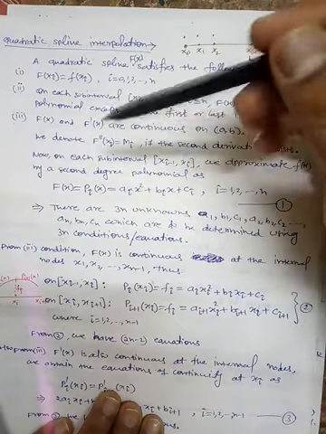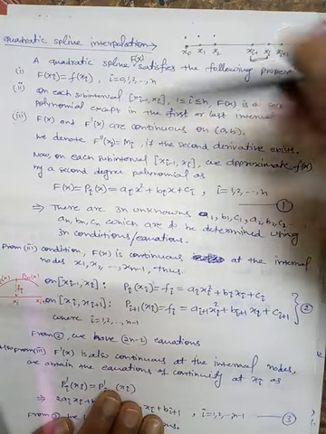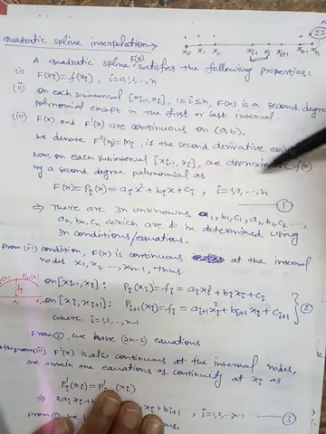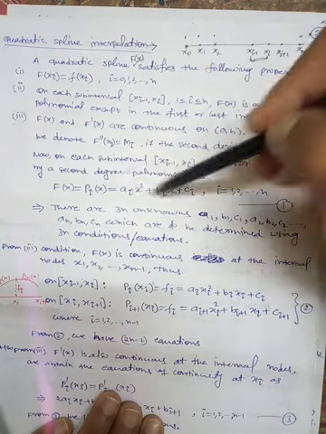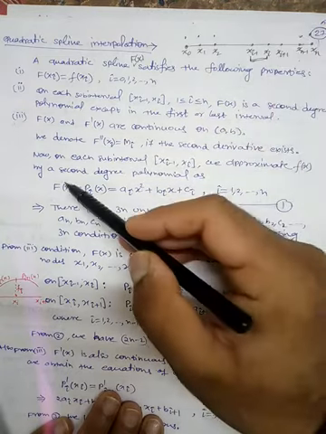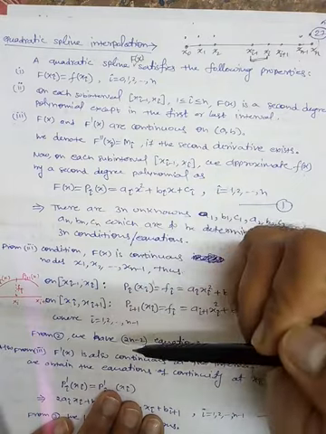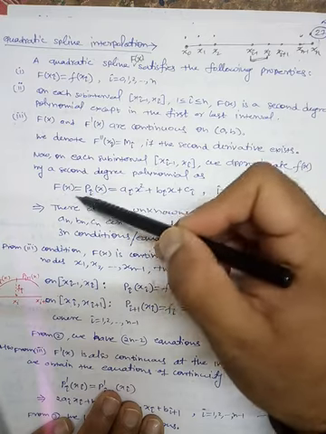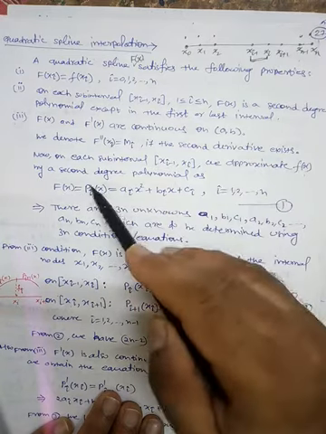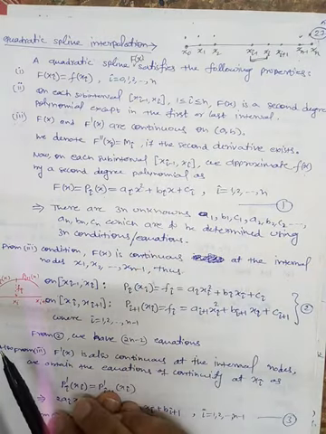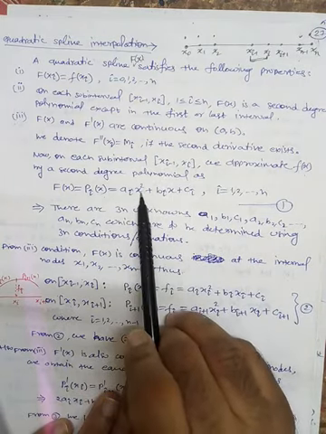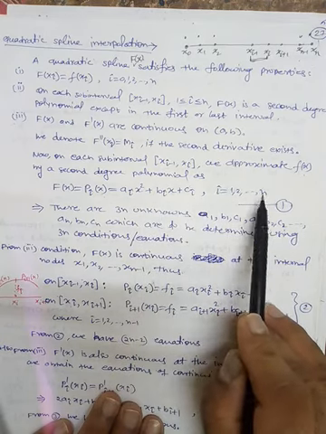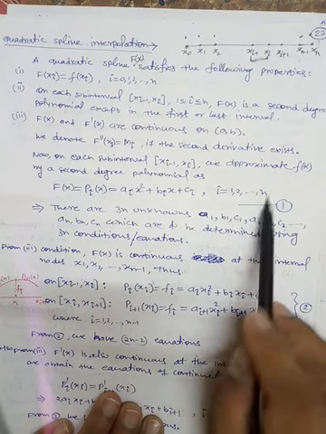Now, as we have already discussed, in each subinterval F of x is a second degree polynomial. So on each subinterval we approximate small f of x by a second degree polynomial, which is denoted by capital F of x, or in each subinterval we will denote it by pi of x. So both are the same. This is just like a complete polynomial. However, pi of x is basically for the ith interval. So pi of x is basically ai x squared plus bi x plus ci, where i varies from 1 to n, because we have total n number of intervals.